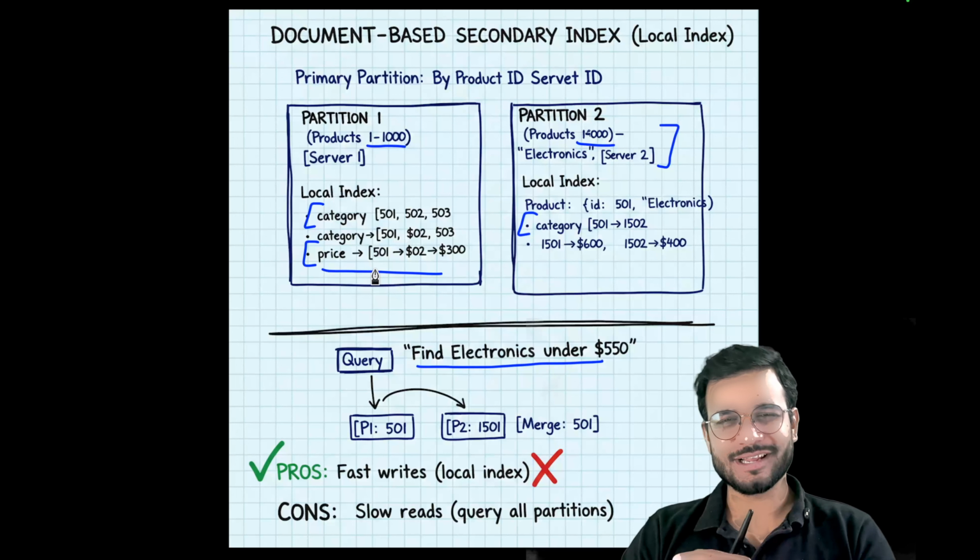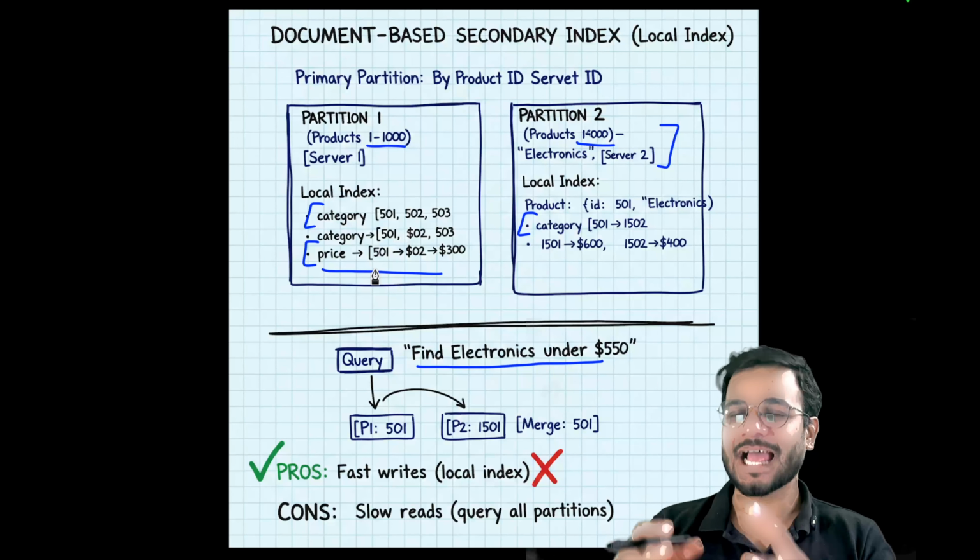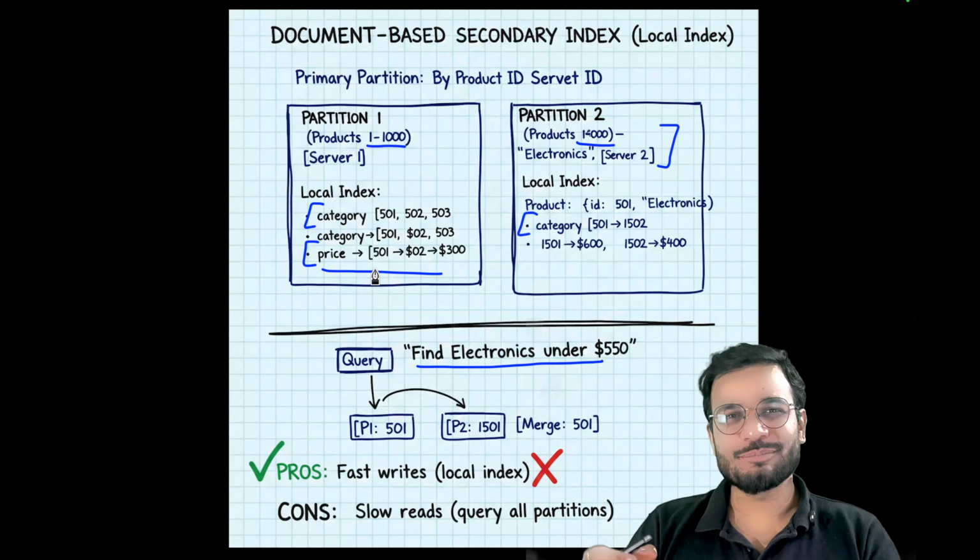But do you see a problem over here? Yes, we still have to search in every partition. How can we make this much faster and easier to load? Now, Google doesn't search every server for your query. If it started searching every server, it would crash and the user experience would be very bad. They use term-based indexes. This makes the search 100x faster, and it's a favorite interview question at Google. Let me show you how term-based indexing happens. It is also a type of secondary indexing, and it is far better than simple document-based indexing.